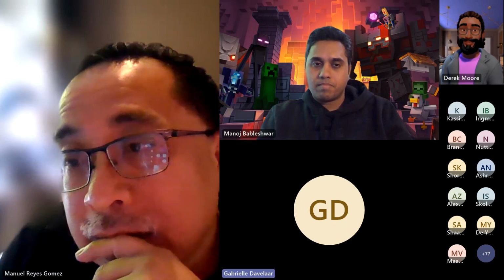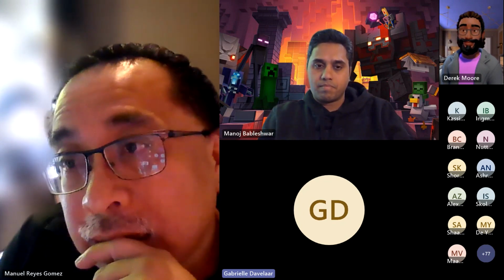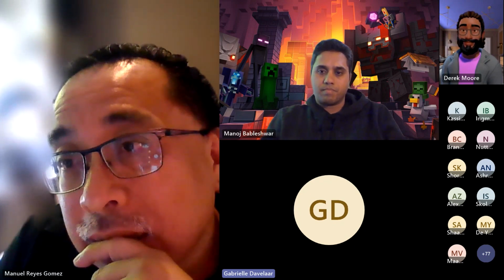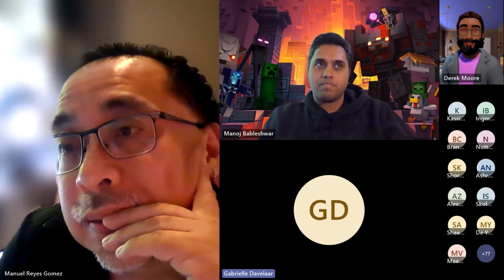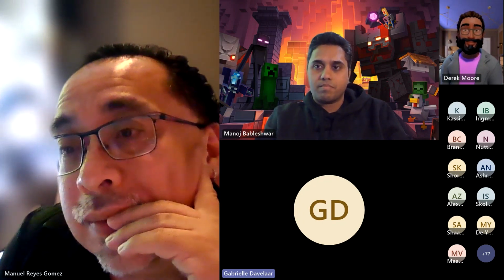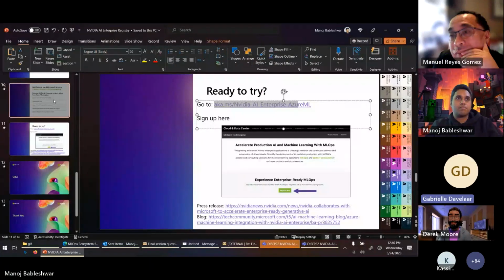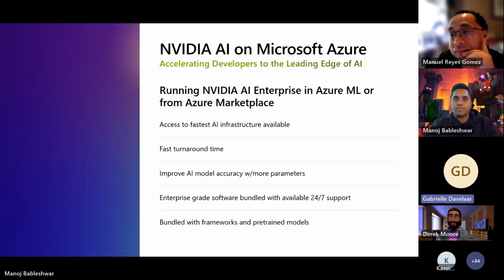I want to combine them with specific components from NVIDIA, such as NeMo, such as the TAO Toolkit, as Manuel has shown. And I want to be able to reuse them throughout my organization. I also want to be able to say, hey, Manoj, I have this amazing model that I've created through the NVIDIA toolkit,